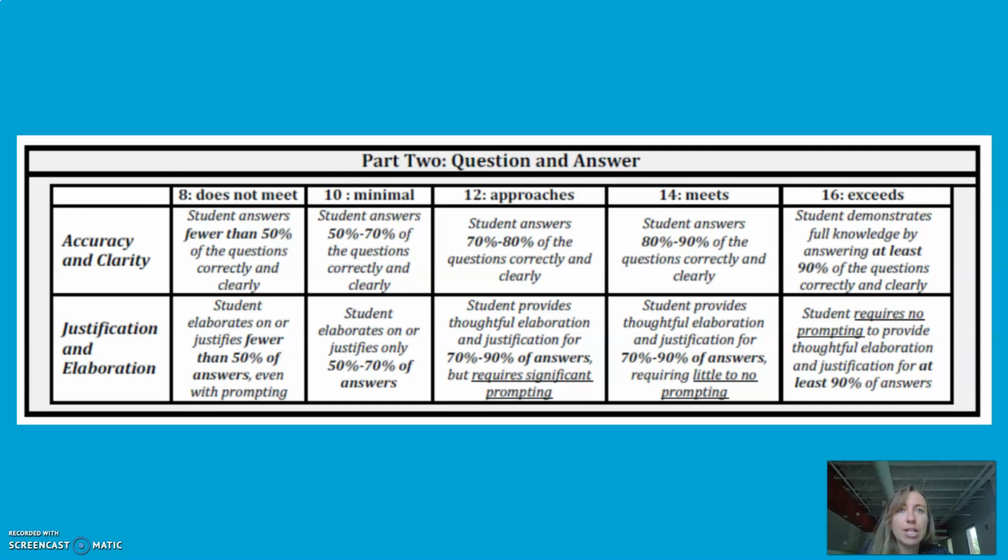So for example, if they say, what is thermal conductivity? And you just say, thermal conductivity is the ability of a material to transfer heat. That is a 100% correct answer, but it doesn't really have any elaboration at all, so that'd be more like a 10 down here. A really elaborate answer to that would be,